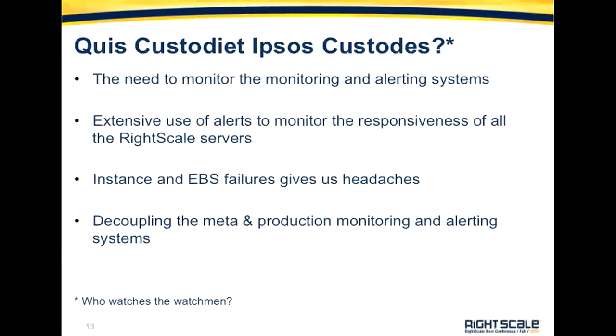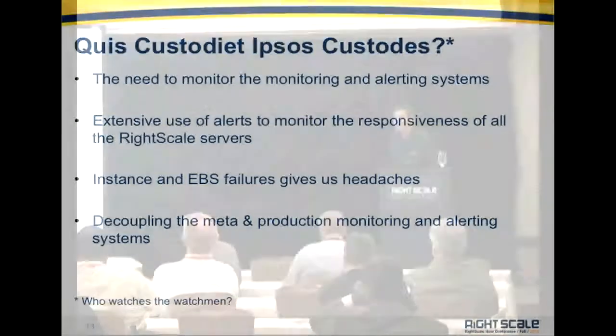Again, is the need to monitor the monitoring system. It has presented some challenges, because here what has happened in the past is that we used the same servers to monitor themselves. And that was fine until something happened, for example, in EC2, and networking was not working. So suddenly, all our customer servers start complaining, but the system that's supposed to deliver that and to detect that was also experiencing the same problems. So we had some issues about not being aware that there were some problems there. And we knew what the solution was, but it's not easy to roll out a solution while you maintain the system operational. And we have done that, so now basically our monitoring system